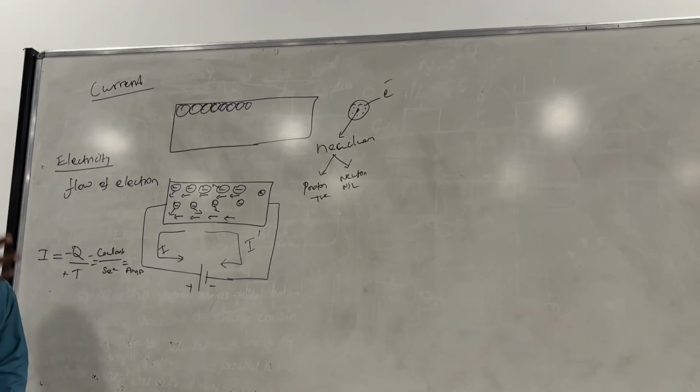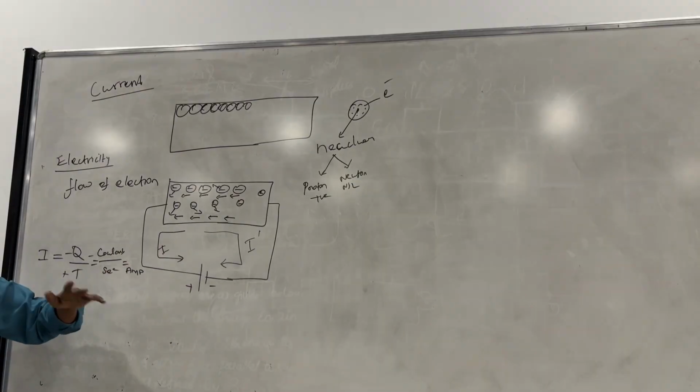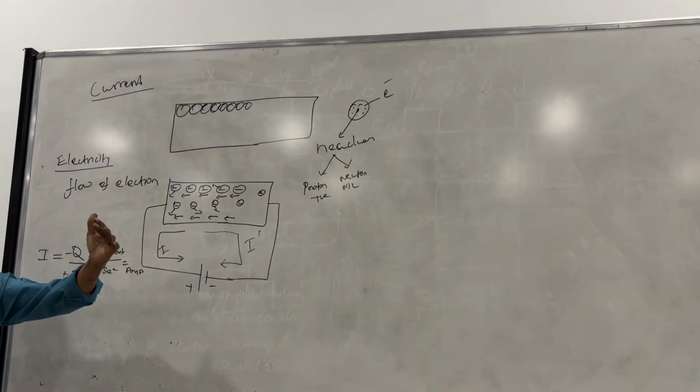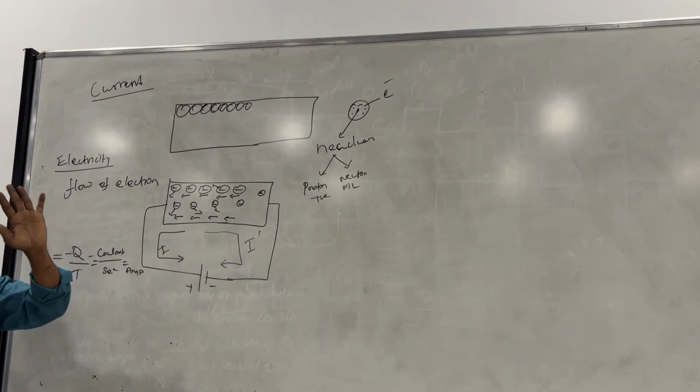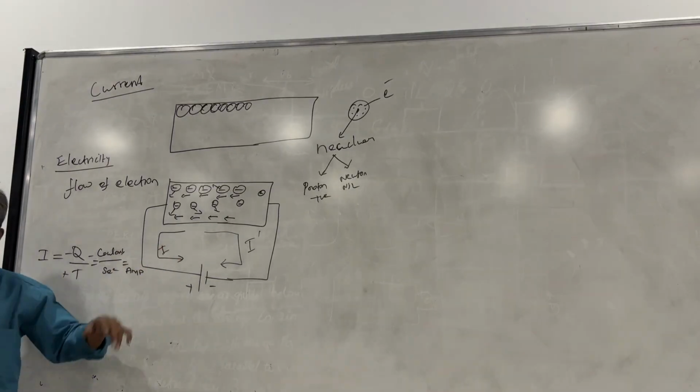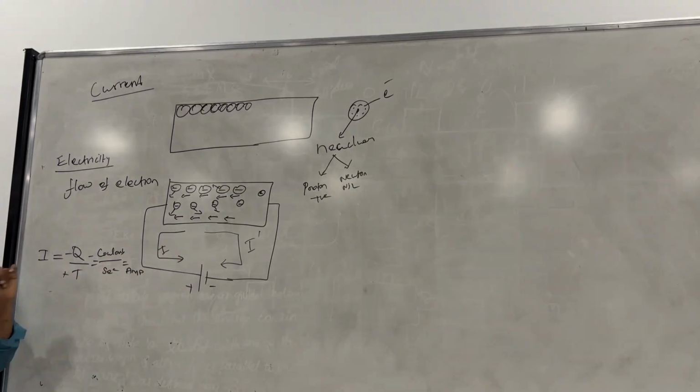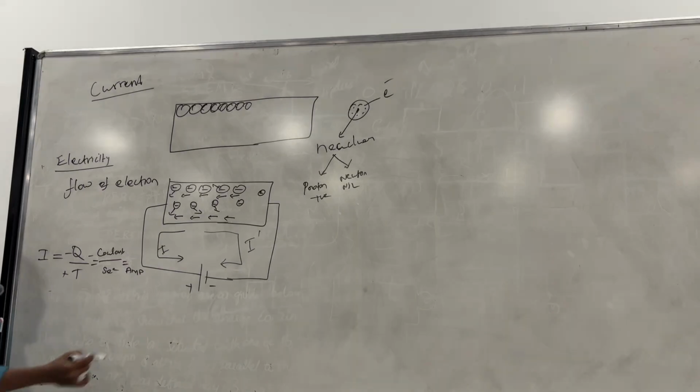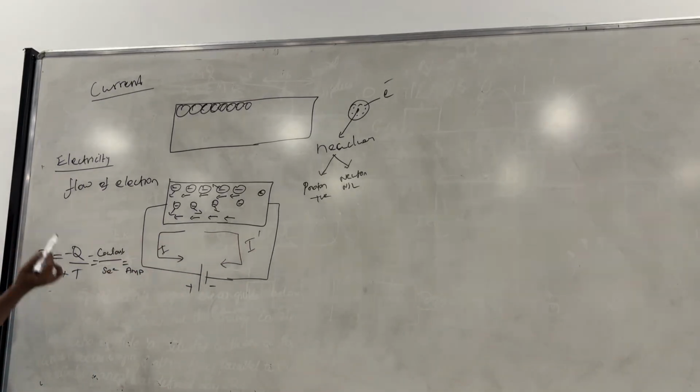From here you go to your native place. From your native place you come here. Is there any difference in distance? No. Irrespective of direction, distance is the same. Like that, irrespective of direction, magnitude remains the same. Now can you eliminate the negative sign? To eliminate the negative sign only, we use conventional current direction. I dash is conventional. So conventionally, we assume current direction opposite to the original flow.